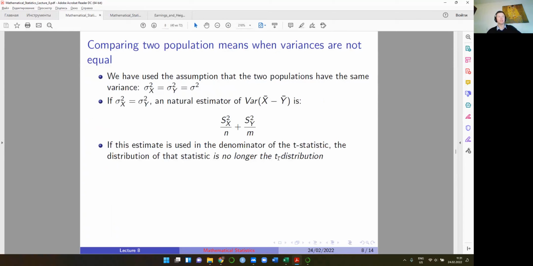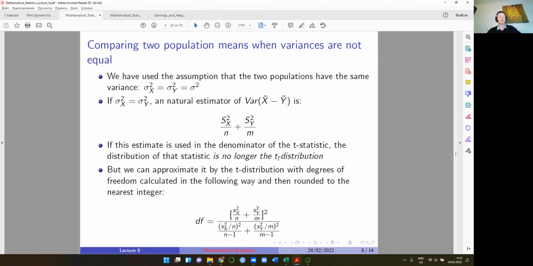So it's not an exact distribution right now, but an approximate one. We need to calculate the number of degrees of freedom, and this is the way to calculate it. It's not n plus m minus 2 anymore. It is this